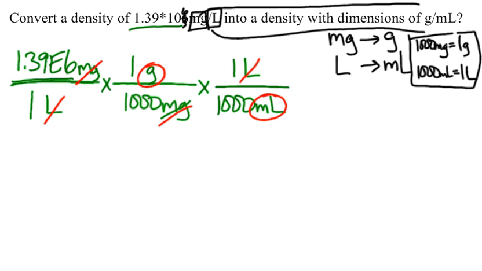Okay? So I'm going to go ahead and do my intermediate step down here, since I have the conversion factors over there. Now, you can do one of two things. You can leave the 1.39 E6, and type that into your calculator and solve it using scientific notation, or you can always convert it into standard notation. Okay, in this case, it would be